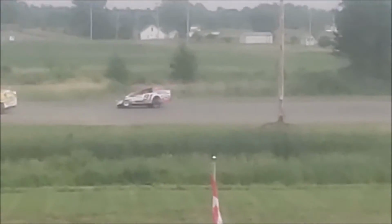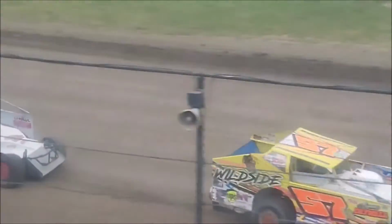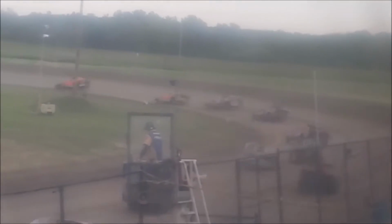back chute. The battle is on for position number 2 between Remington Ham and the 2 of Mike Amell. Amell up on that outside lane. Ham down on the bottom. Here comes Josh Riome into the mix as well as they work down the front straightaway into turn number 1 and 2. Power